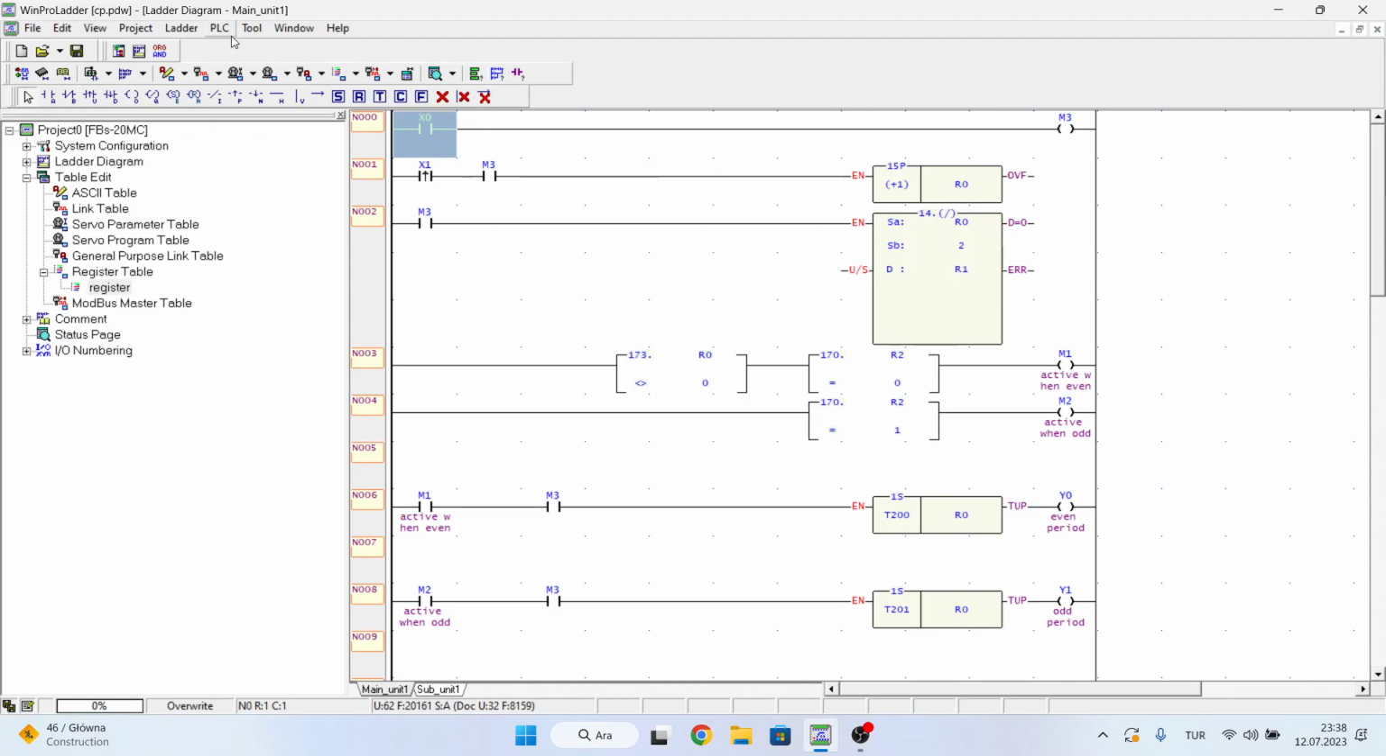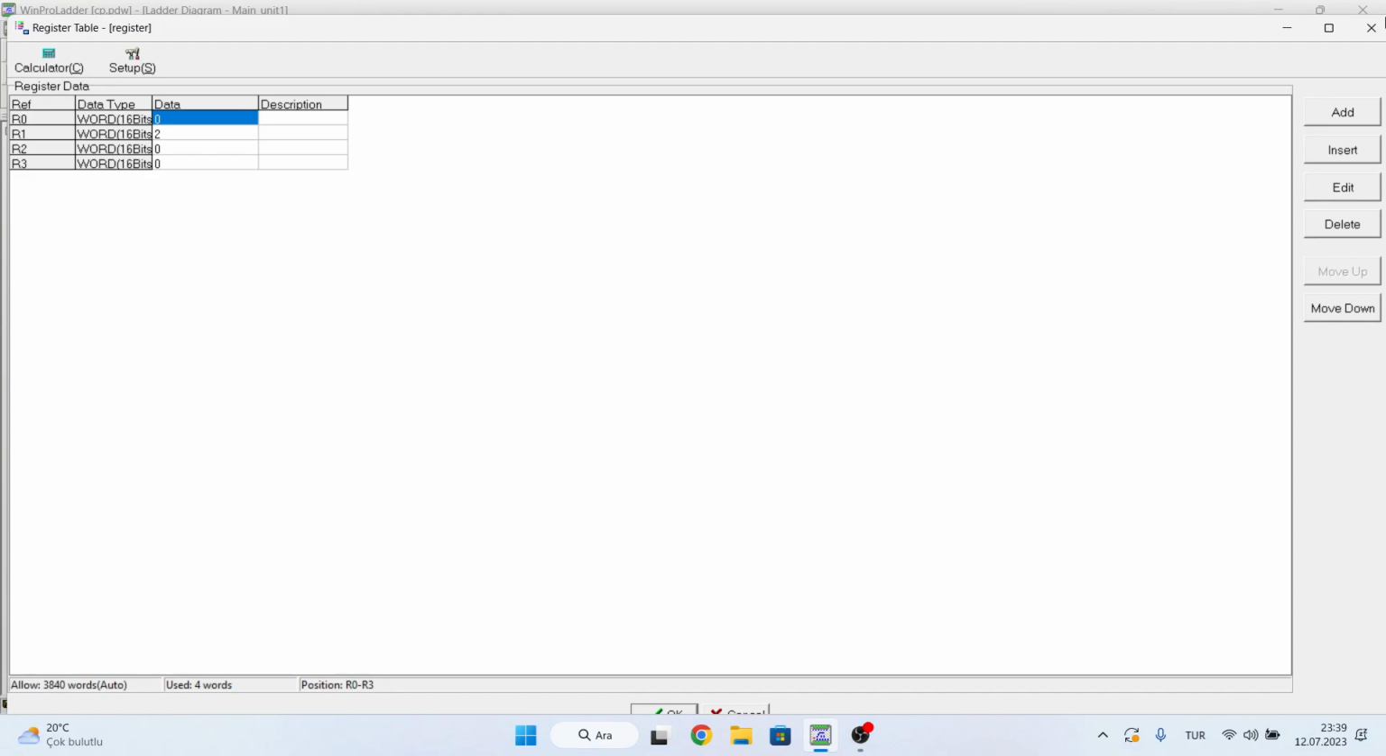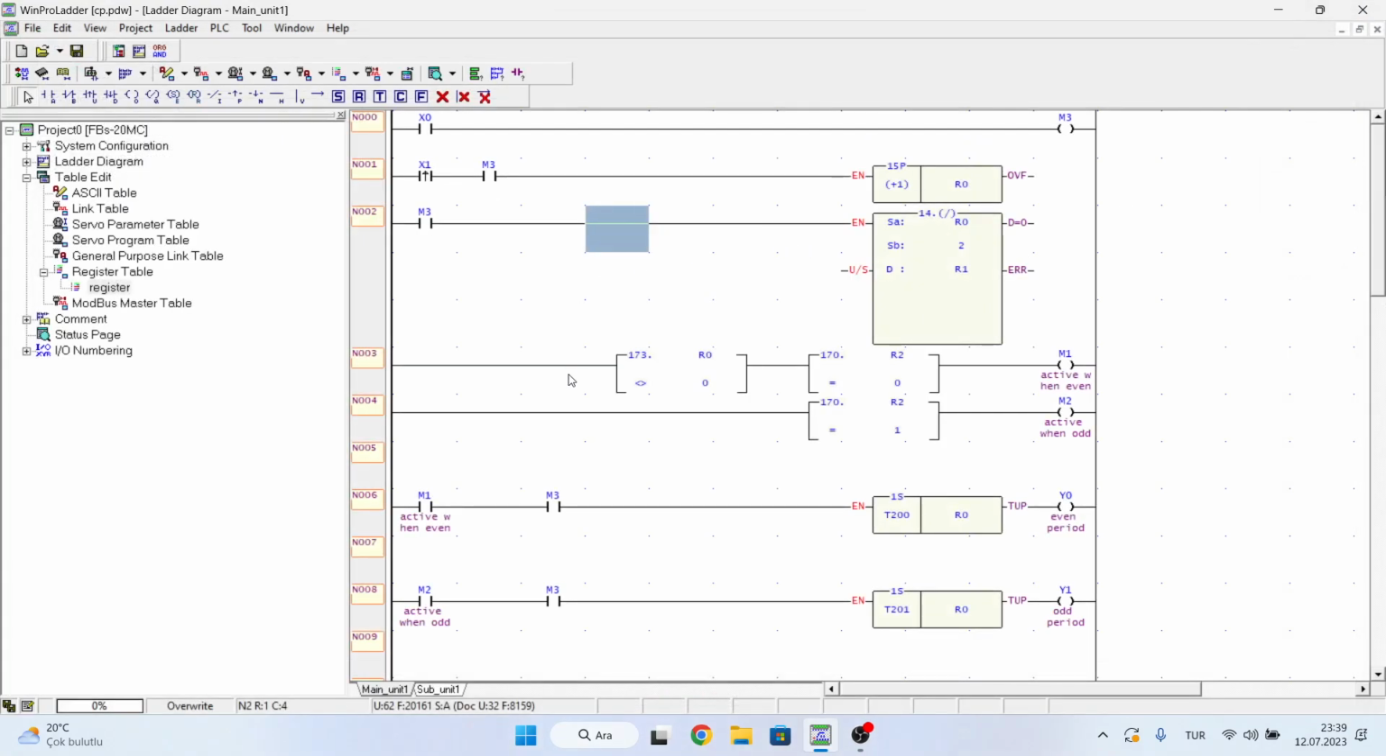Actually, before we start I want to explain everything. X0 is the on-off button, and it runs and closes the program. Also X1 allows me to increment with the incrementation function, and after that the value in the incrementation function goes to R0 in the register table. Then in the next step,